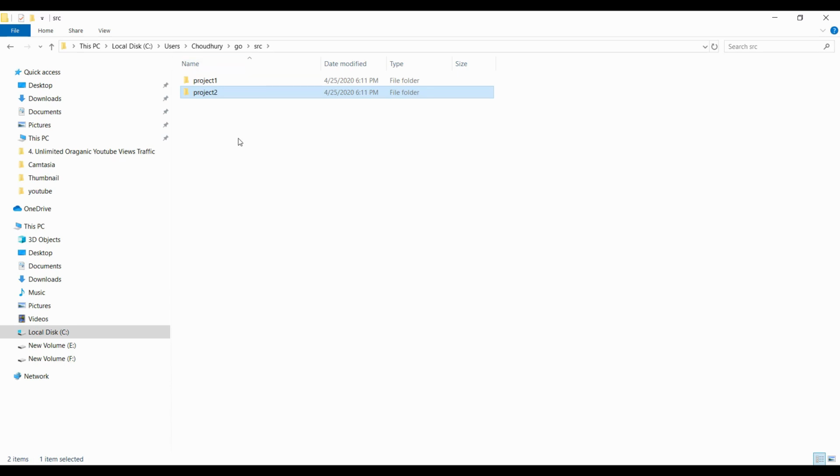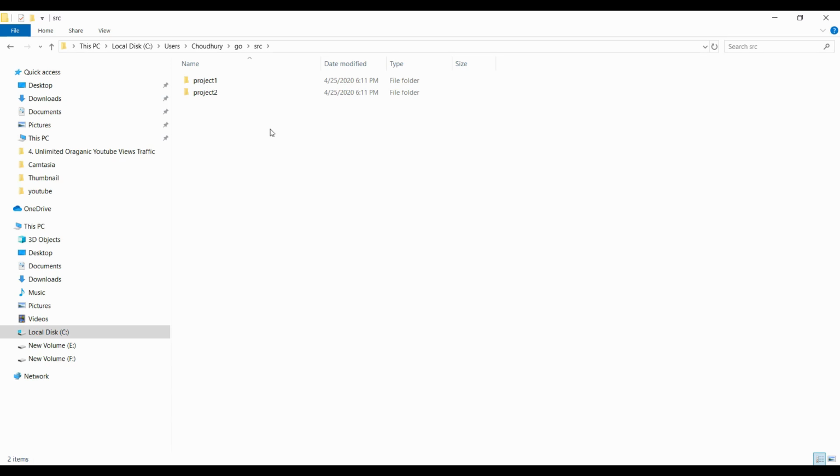If you compare with other programming languages, every project has a separate workspace. Workspaces are closely tied to a version control system. But in Go, one workspace contains many version control repositories. Each repository contains one or more packages. We'll see what a package is and how Go organizes source code using packages. A package is nothing but a collection of one or more source files within a single directory. For better understanding, we'll write a program to see how packages are created and how the dependencies of the packages are resolved using GOPATH.